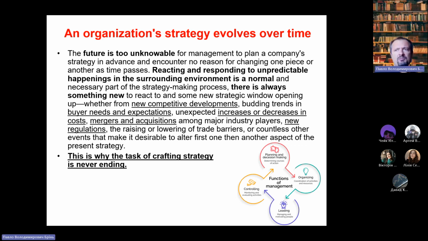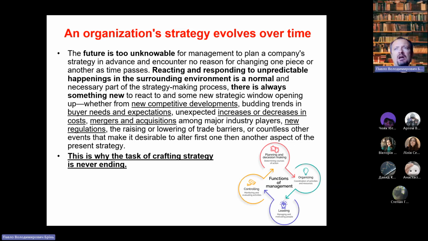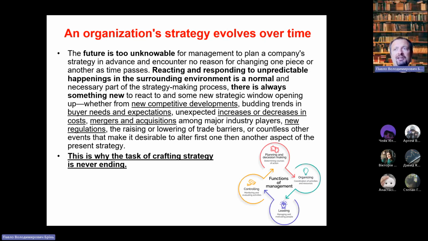Then management has to present answers to the question of how everybody is motivated in the company, so the reward should be provided. I would say maybe not even a reward, but an incentive. Why did I decide to change the word reward to the word incentive? Because a reward is always something positive, and an incentive could be positive or negative.